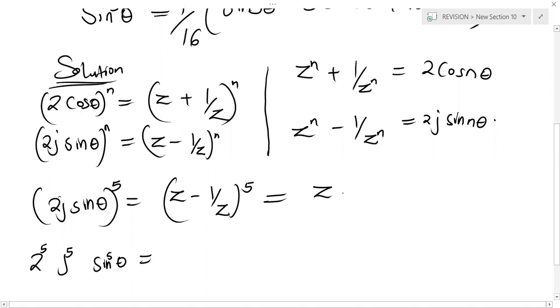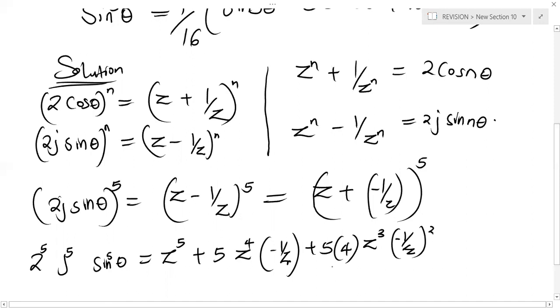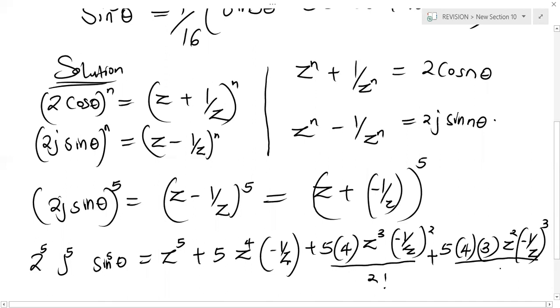I can write this as z plus minus 1 over z raised to power 5. Okay, so this is z raised to power 5, using binomial theorem, z raised to power 4, then I have this as minus 1 over z, plus 5 4 z raised to power 3 minus 1 over z squared, all this divided by 2 factorial, plus 5 4 3 z squared minus 1 over z raised to power 3, all this divided by 3 factorial,